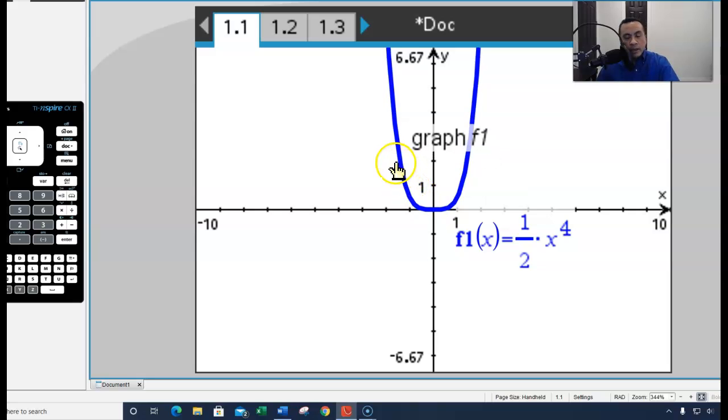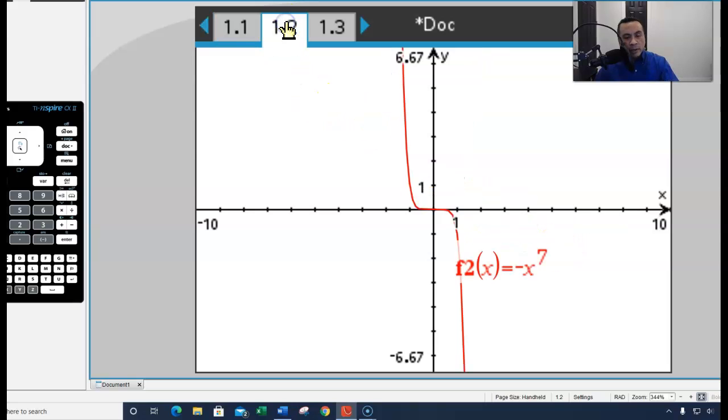You can see that the limit of f of x as x goes to negative infinity is infinity, and as x goes to positive infinity, it's also infinity. That's because the exponent is even. That is why. Now, if we go over here and we look at an odd number, this was the second